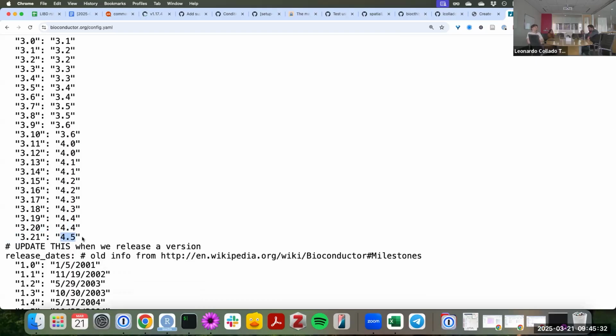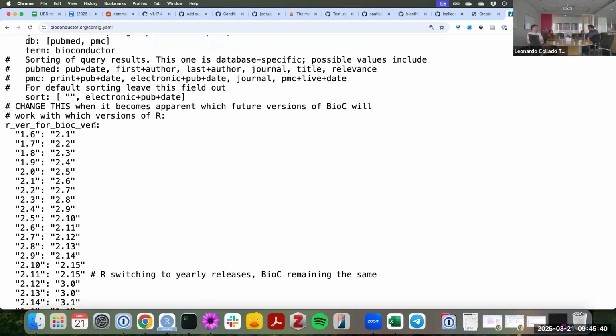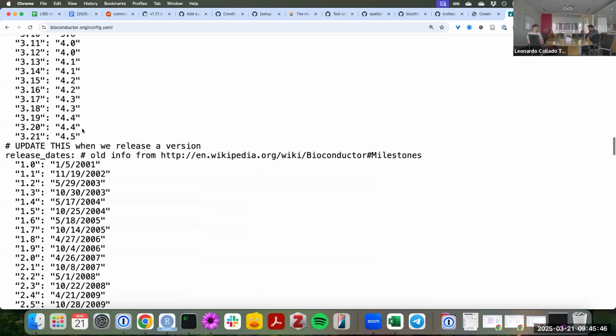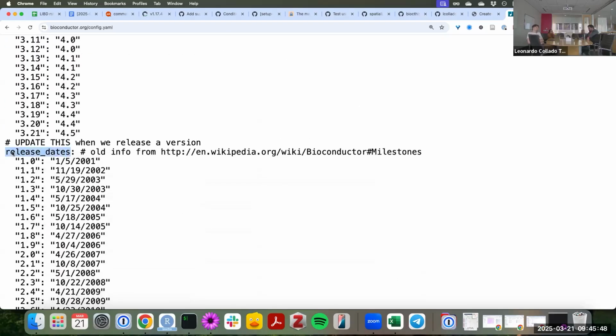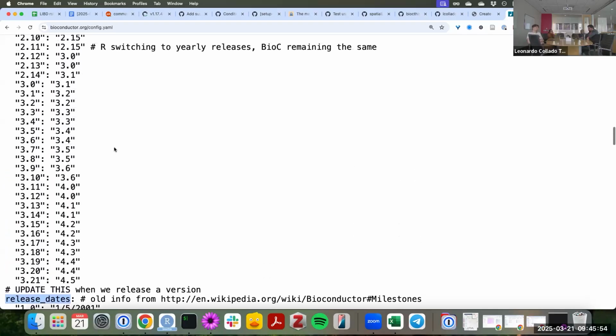And then after the colon, you have the R version for it. If we look at this file, we will notice that all of that is contained between R version for Bioconductor version and release underscore dates. So in those lines of code,